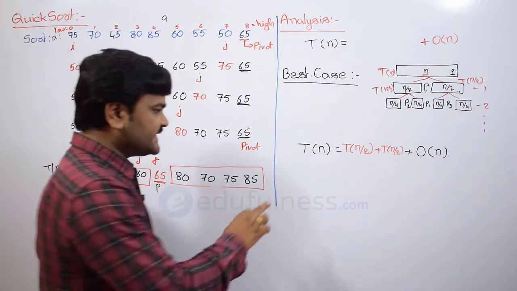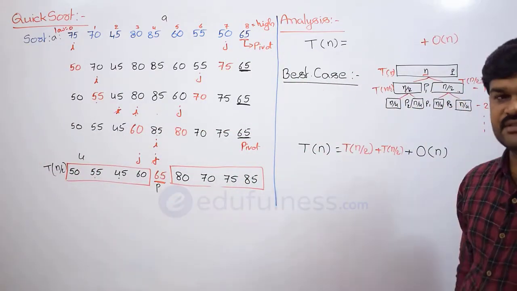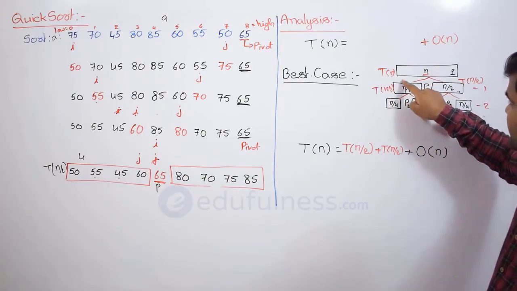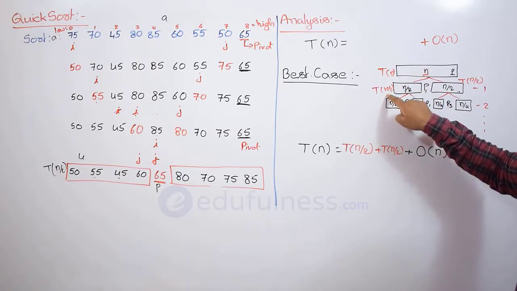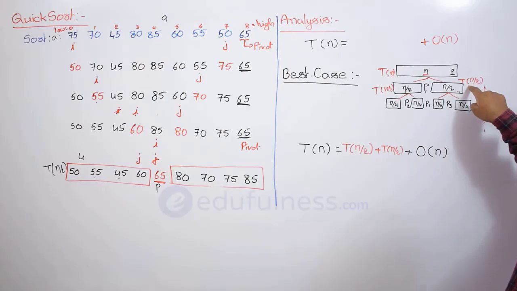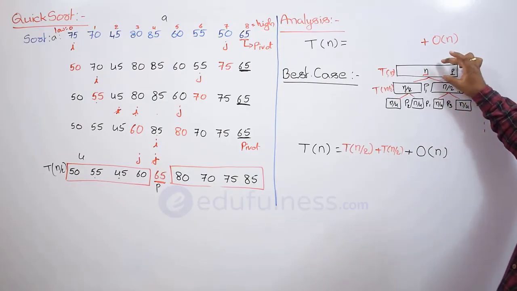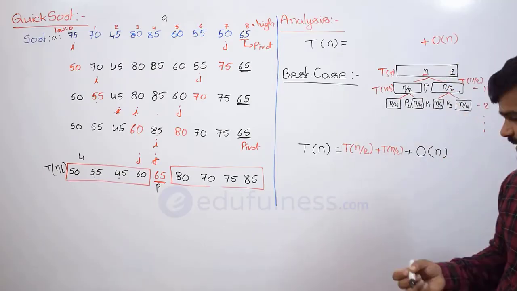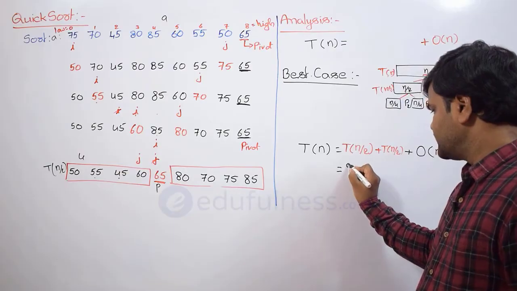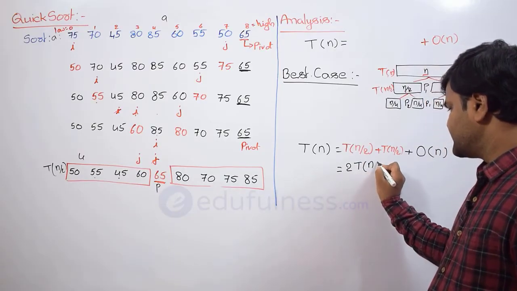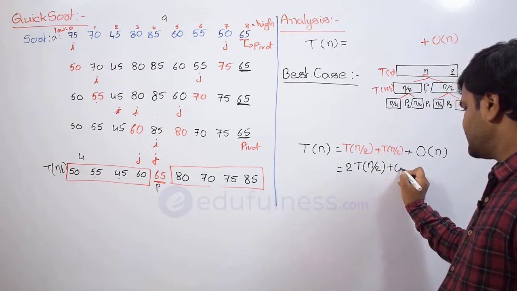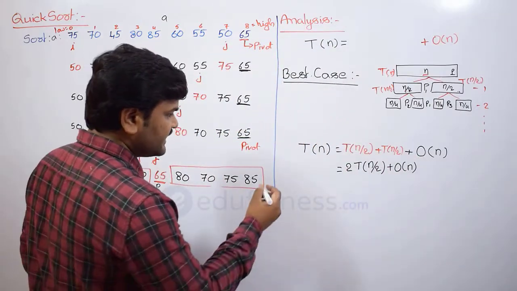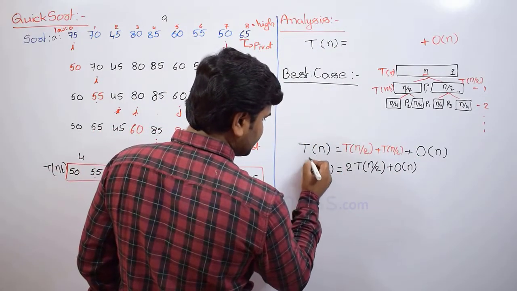Is it clear? So this is the overall time complexity of this quicksort. Now you can see placing the pivot element and solving this entire subproblem is taking T of n by 2, and solving this entire subproblem is taking T of n by 2. So overall, if you simplify, what we are going to get is 2 into T of n by 2 plus big O of n. So this is the recursive equation for quicksort in the best case especially.